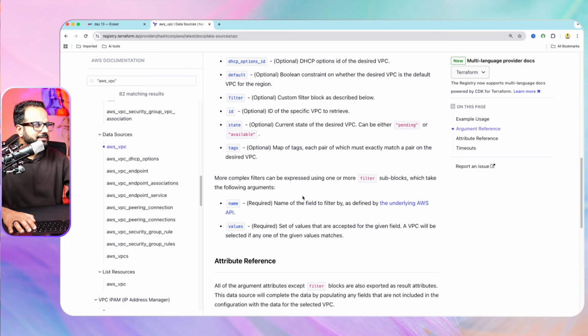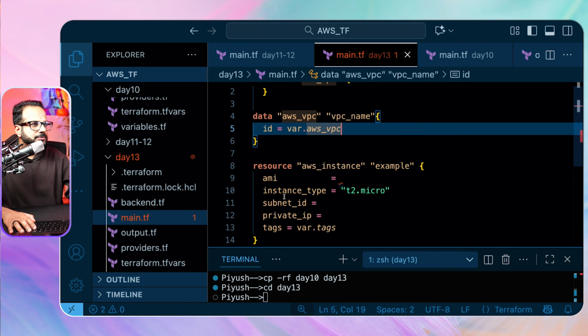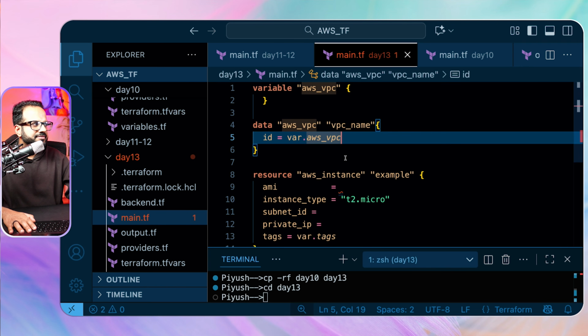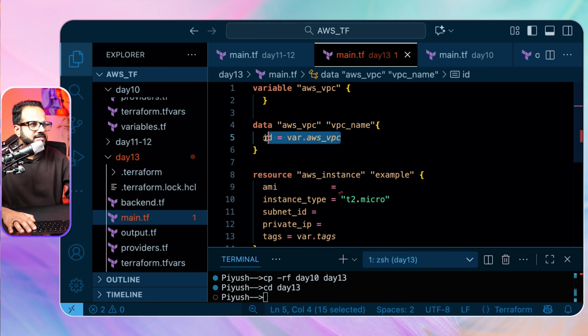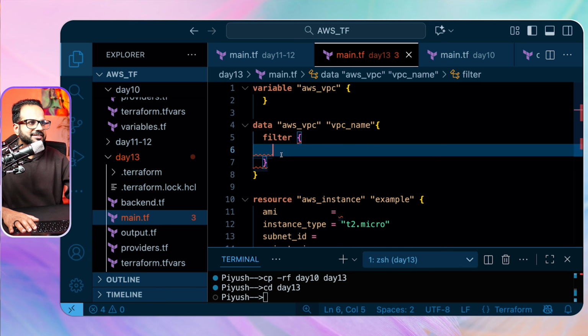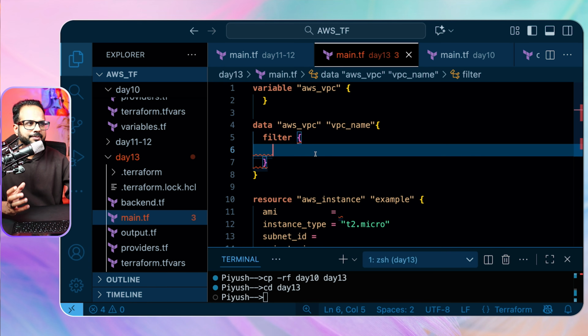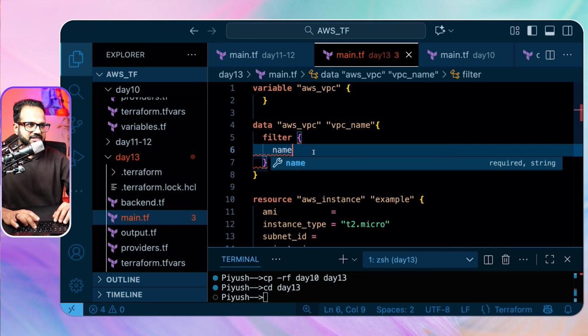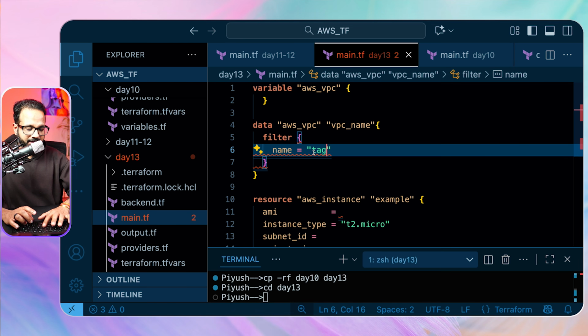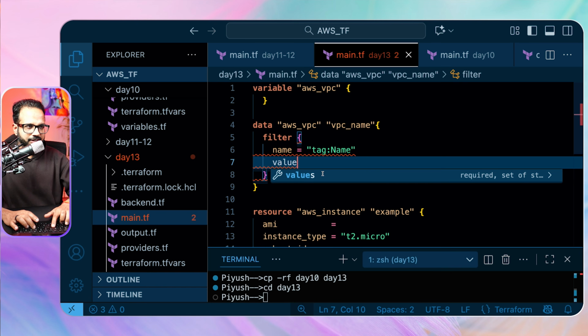So in fact, let's use the filter. We have provided data VPC name. Instead of that, let's use the filter over here. Inside filter, let's say you have multiple VPCs in your AWS environment. Now you need to filter based on some value. So let's say name is equal to tag colon name. So we are basically filtering it based on the name. Now values equal to,